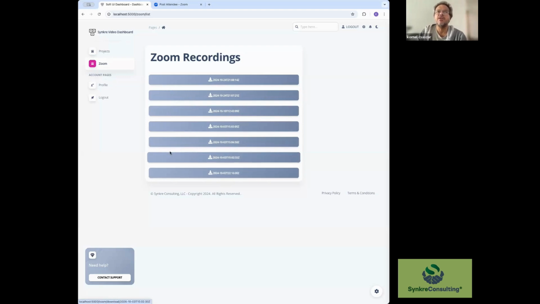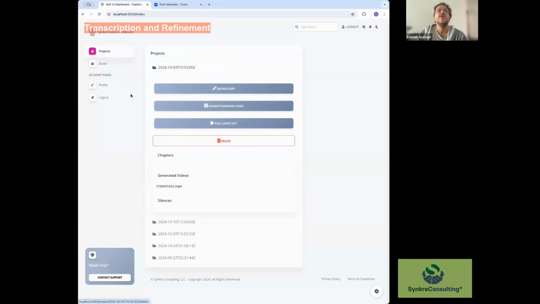It also automatically transcribes your video into text, into very fragmented text, which is not very usable in its original form. So what this tool does is it takes these many fragmented sentences, and it creates a nice narration out of it. So what you can do is you get a list from Zoom,